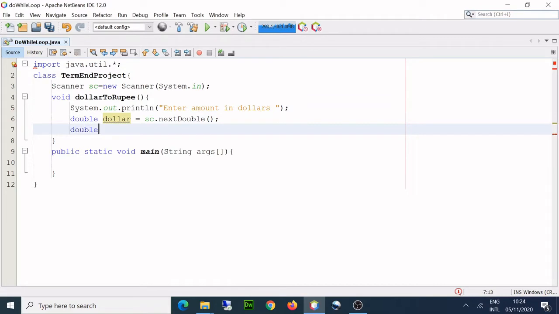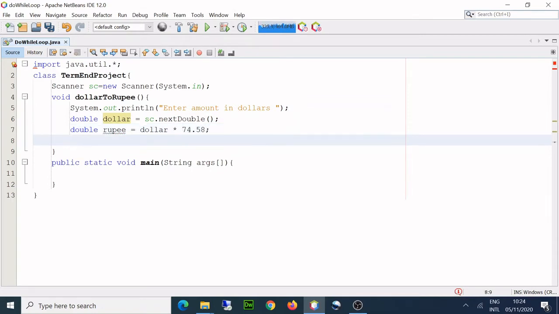Conversion will also be double since the double value is there, and I'll say RUPEE, rupee is equal to dollar, and today's rate is 74.58. Okay, so that's the conversion, and I will print it also.